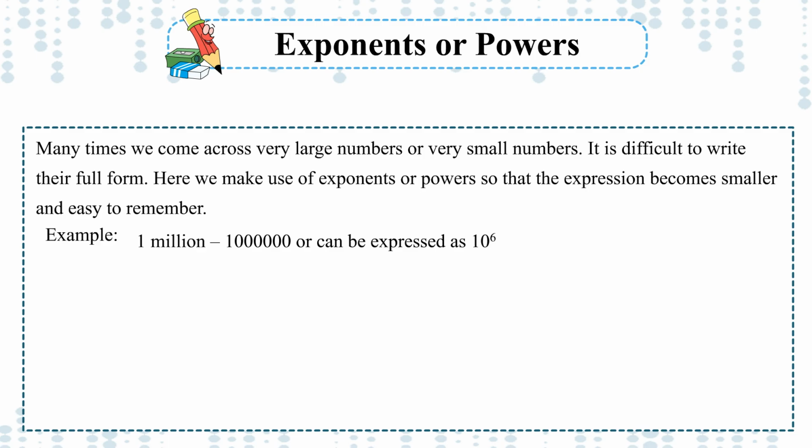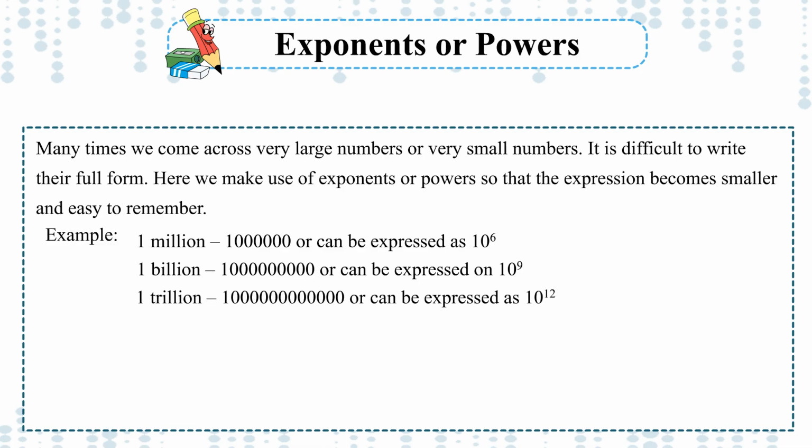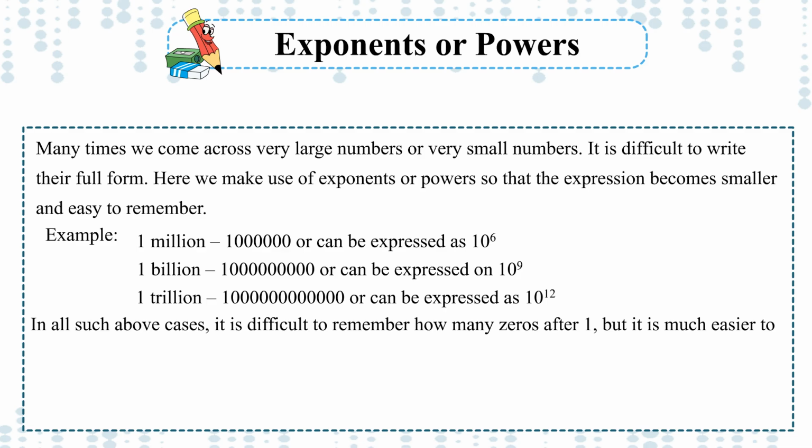Example: 1,00,00,000 can be expressed as 10 raised to the power 6. 100 crores can be expressed as 10 raised to the power 9. 1,00,000 crores can be expressed as 10 raised to the power 12. In all such cases, it is difficult to remember how many zeros after 1, but it is much easier to remember 10 raised to the power 6, 10 raised to the power 9, 10 raised to the power 12,